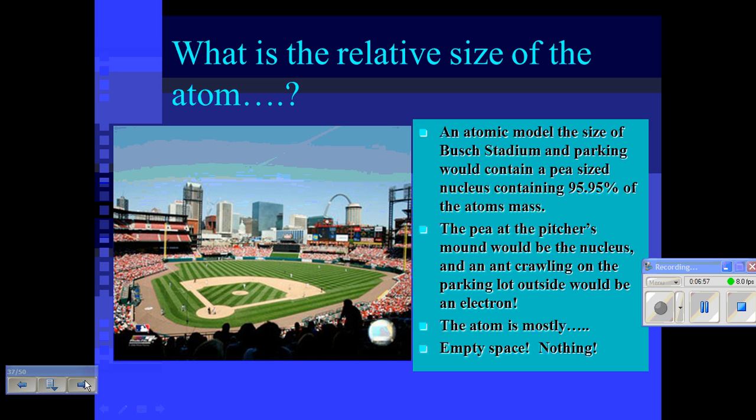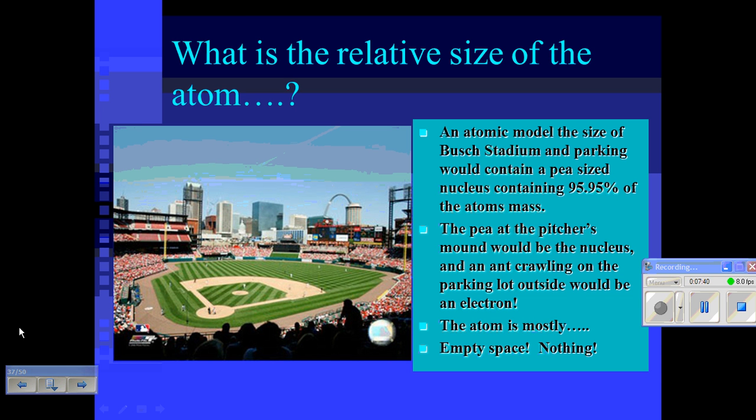If we compare the size of the nucleus, if you took a small little green pea and you set it on the pitcher's mound in Busch Stadium, and then on the outside of the stadium drew a ring, that's where the electrons would be. And that's how large the atom's volume would be as compared to that little pea on the pitcher's mound that is the nucleus of it. And that little pea would hold 95.9% of the mass, even though the volume of it goes all the way out to the outside ring